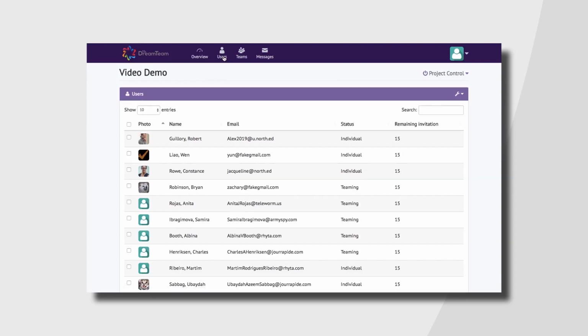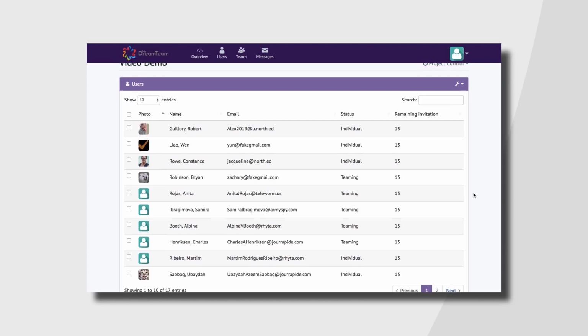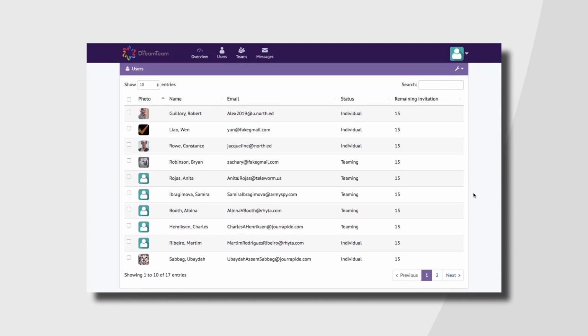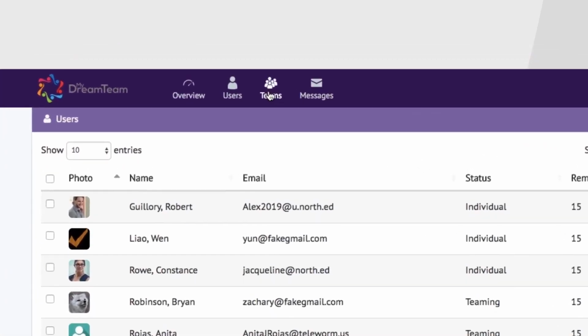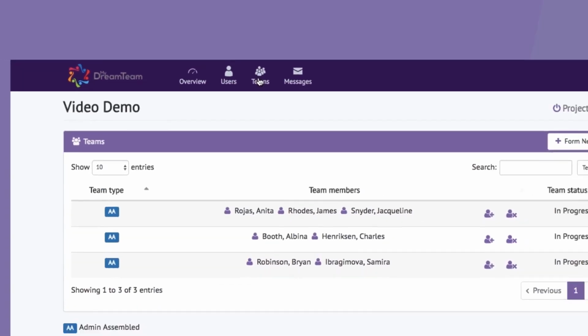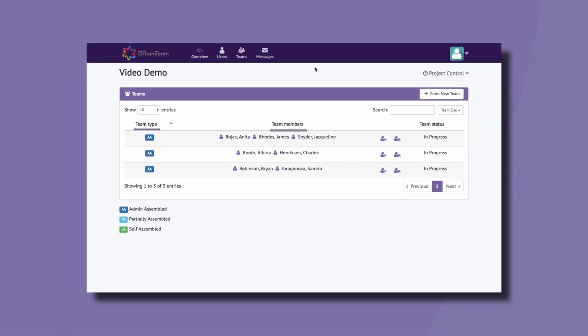When the administrator launches the team stage, all user status will say individual. If they find a team, the status will be teaming. Once they finalize the team, the status will be finalized. The Teams page contains information on existing teams. Here you will find a team's type, who it is comprised of,